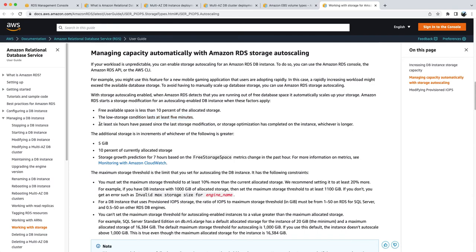And there's another condition that in the last 6 hours there should not be any storage modification or storage optimization that has completed on the instance. So either of these, whichever is the longer duration, based on that it will decide whether the auto scaling will